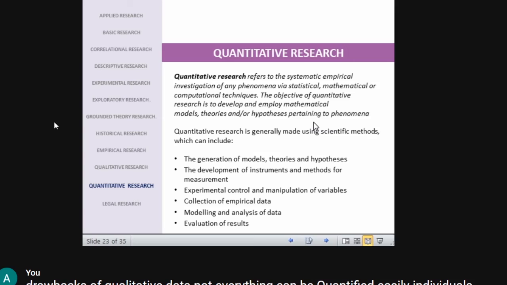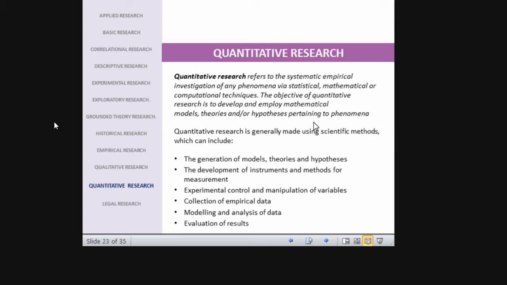So now we are coming to quantitative. That is exactly the opposite of qualitative, which can be expressed in numbers. Whatever the phenomena is, it can be quantified. Simple example, your marks, right? Whatever you score in the 5 subjects, it can be quantified in terms of average, right? When you are saying your marks, you will say only the percentage, right? I got 90%. You won't say each and every mark of the subject. You will say I got 75%, I got 80%.